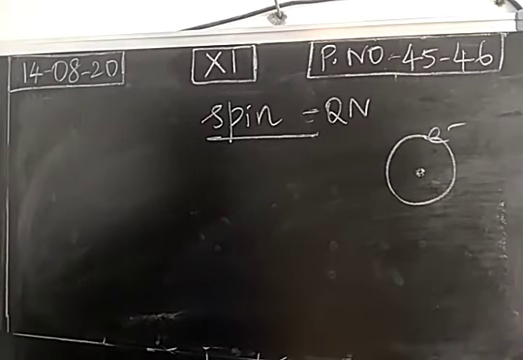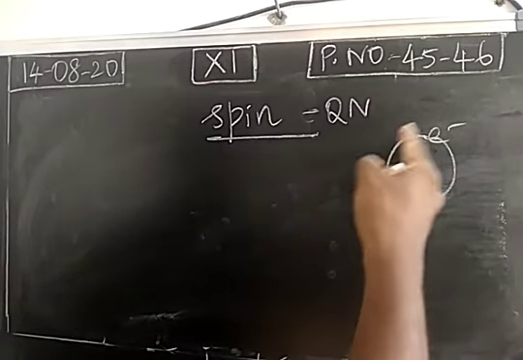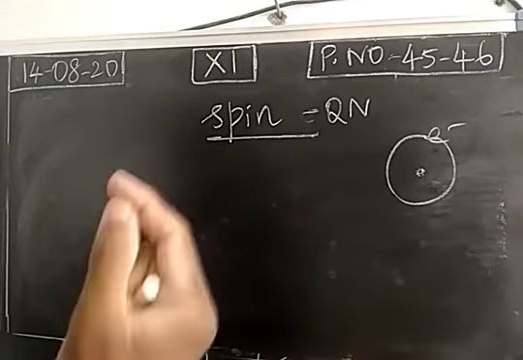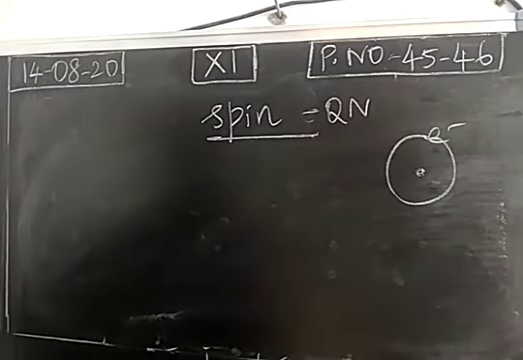Like Earth. Earth is revolving around the sun, and at the same time it rotates on its own axis, right? For one complete spin, Earth takes 24 hours. For revolving around the sun, it takes 365 days. In the same way, when the electron is revolving around the nucleus in the orbit, it is spinning on its own axis. 2 possibilities: it can spin in clockwise direction as well as in anti-clockwise direction.